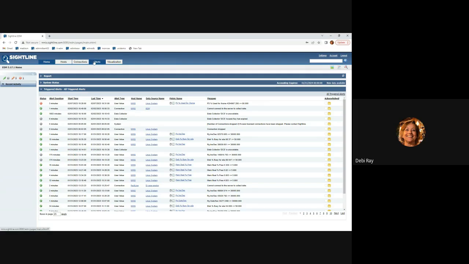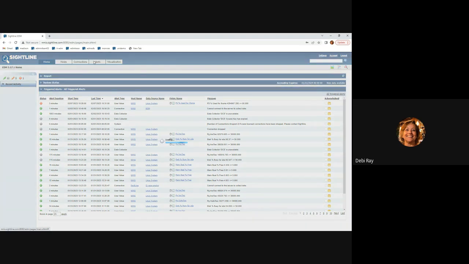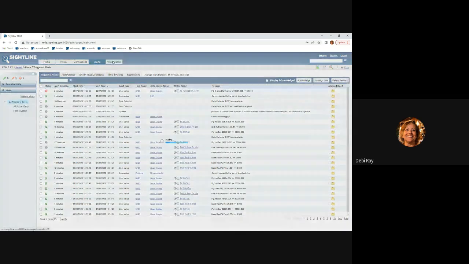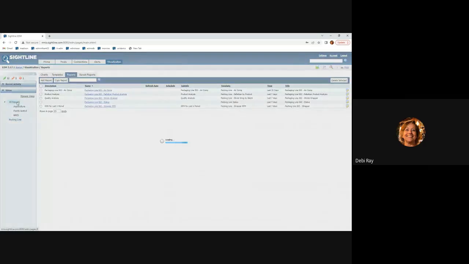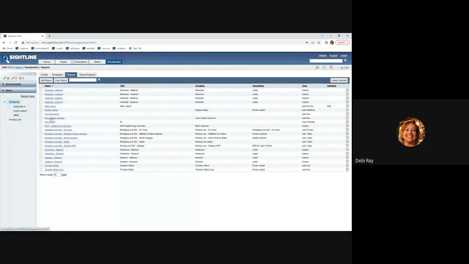So when we create alerts, either you know where you want the alert to be triggered because you're familiar with either the system itself or the activity that's going to be happening on that system, or you can take a look at what's going on right now and adjust your alerts accordingly. So what do I mean by that? Well, if we go to visualization, and I'm going to show you just a really quick overview of what's going on